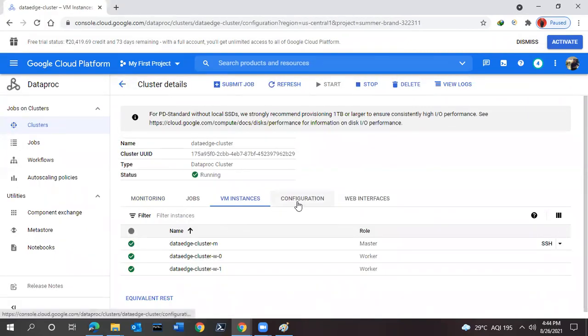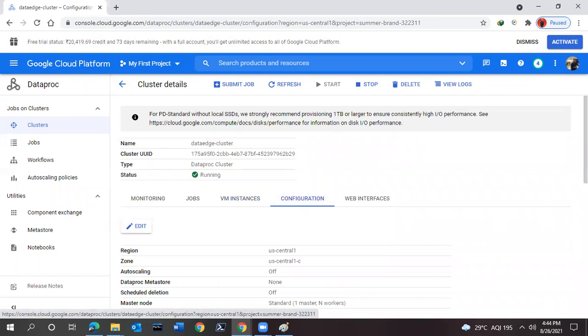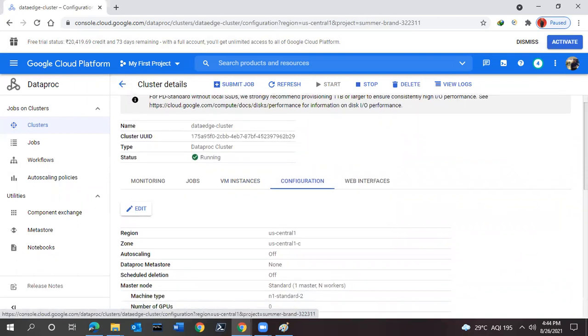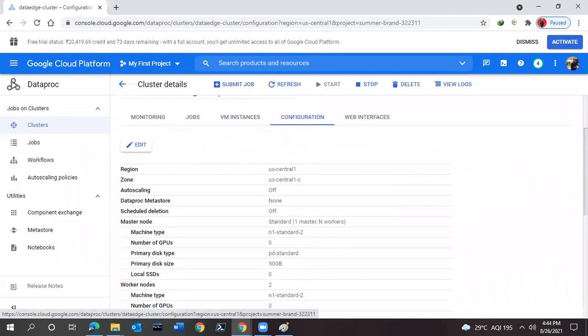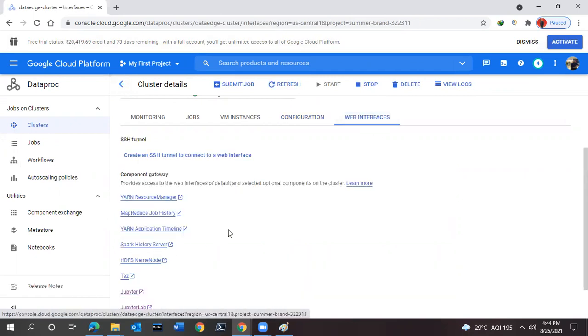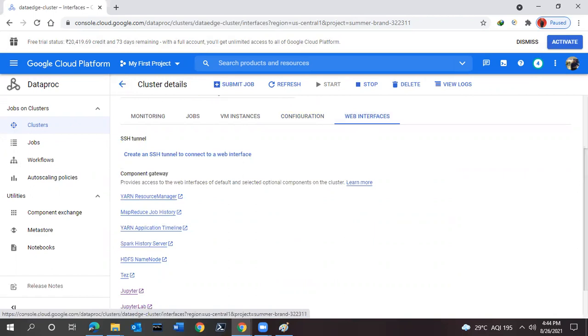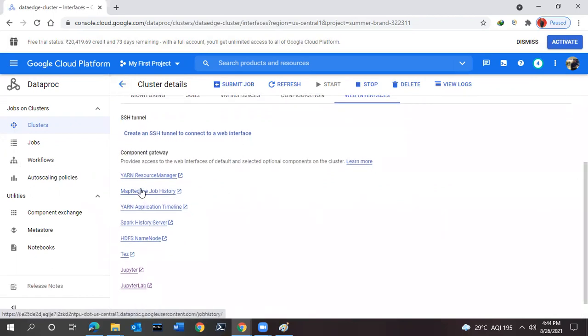Now we have the configuration section over here, and it will show you the region, zone and other details of this Dataproc cluster. Now we are more interested in the web interfaces. Click over here and you can see we have the links for different web interfaces: YARN, MapReduce, Spark History Server, Jupyter Lab.